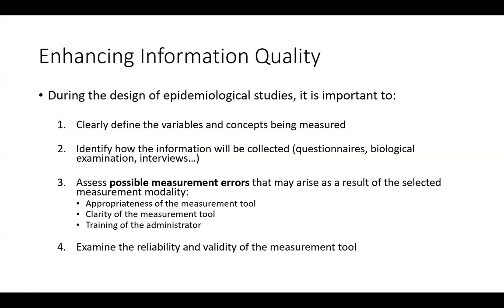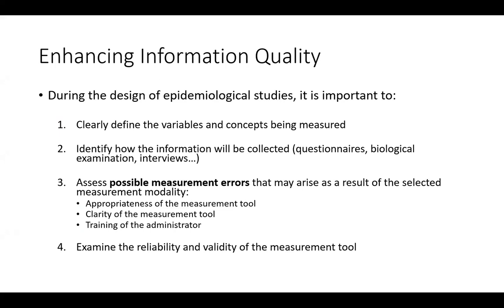So in order to have an internally valid questionnaire, an internally valid study in general, we would like to enhance the information quality, and this happens at different levels. The first level is actually to define the variable and concept being measured. That's why in your design, the first thing when you put what are your exposure and what are your outcome